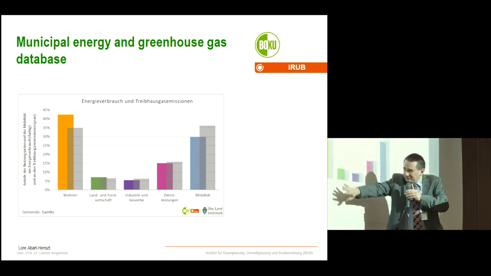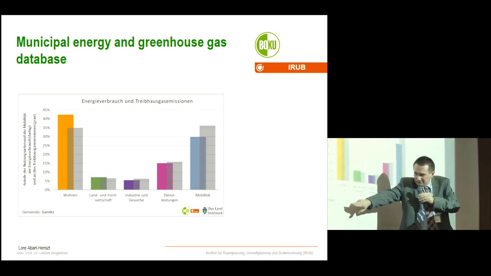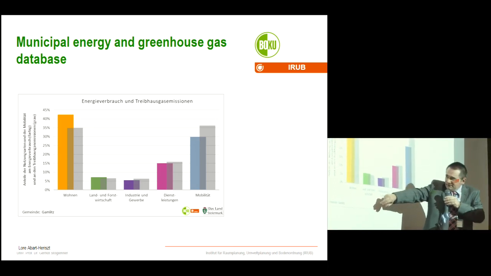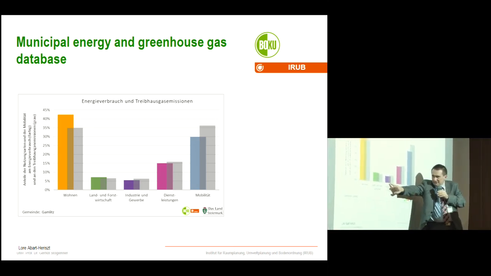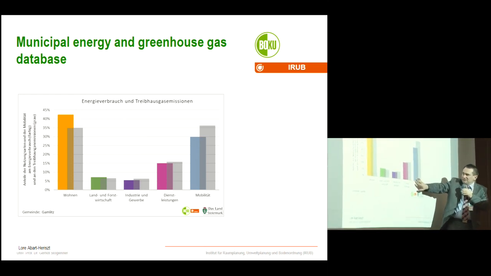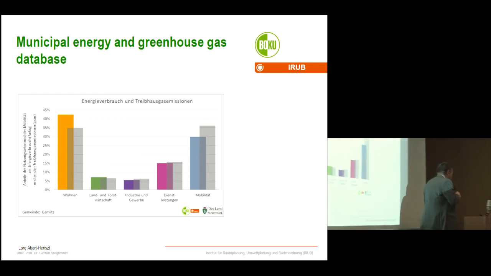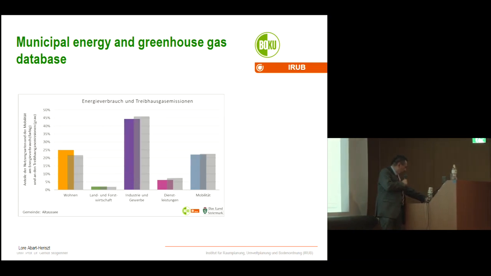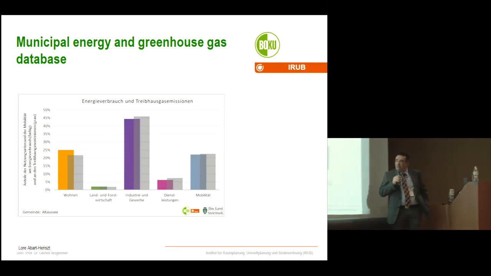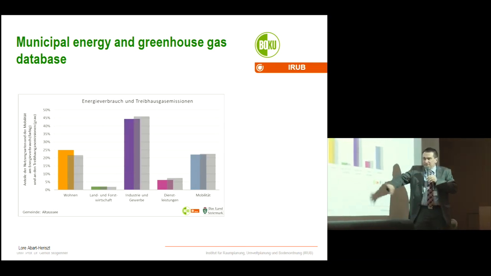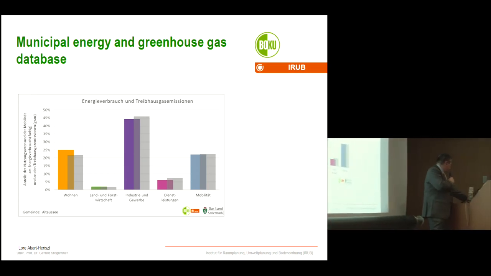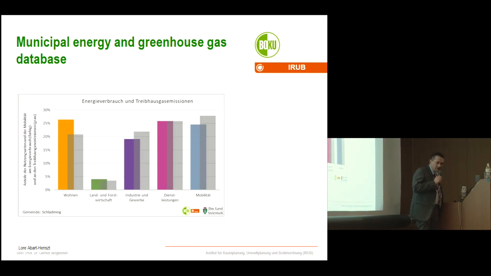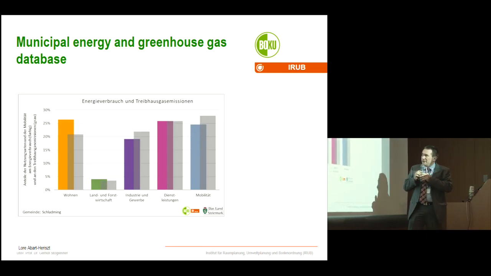We have energy balances here. You see the share, in a certain municipality, it's a rural municipality, of living, agriculture, industry, so very little industry share, service sector, and mobility. Then we would have another municipality with a high share of industry, of course. So you see that the spatial patterns change the energy balance, and here we have